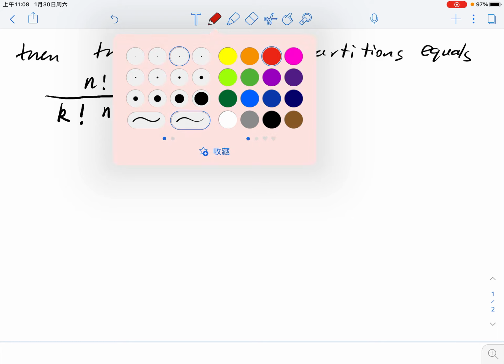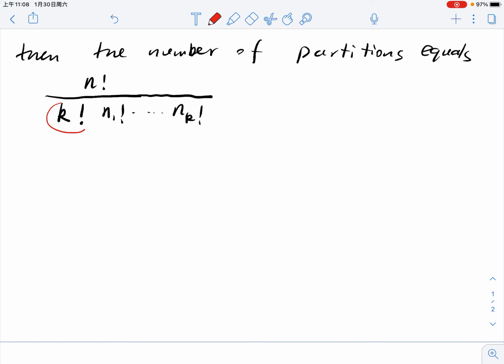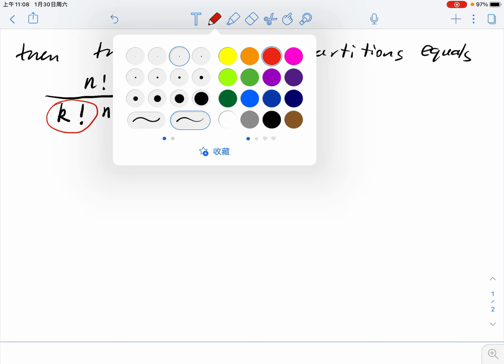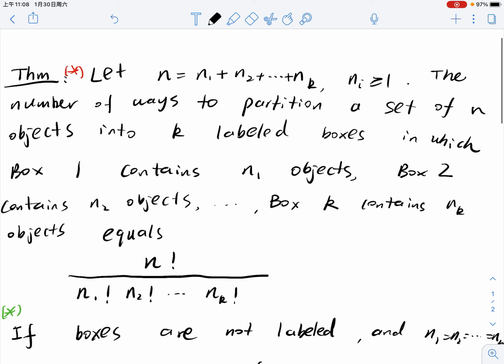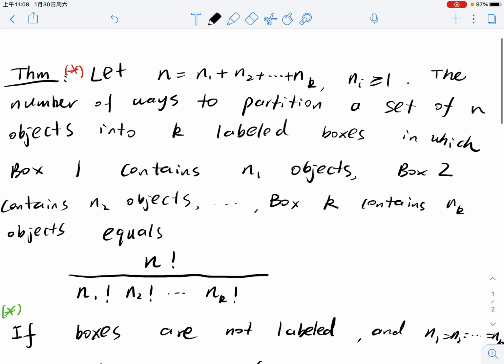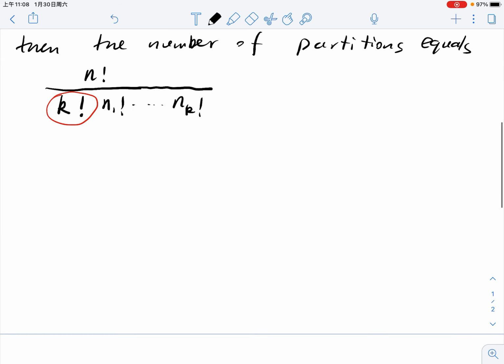So notice that here you have an extra factor k factorial in the denominator. This is because for each partition in the first case, for example,